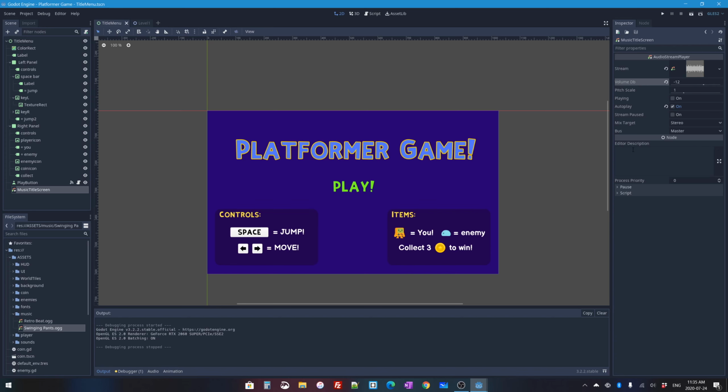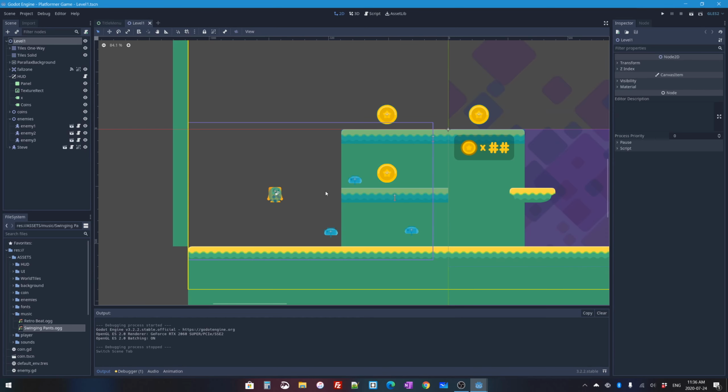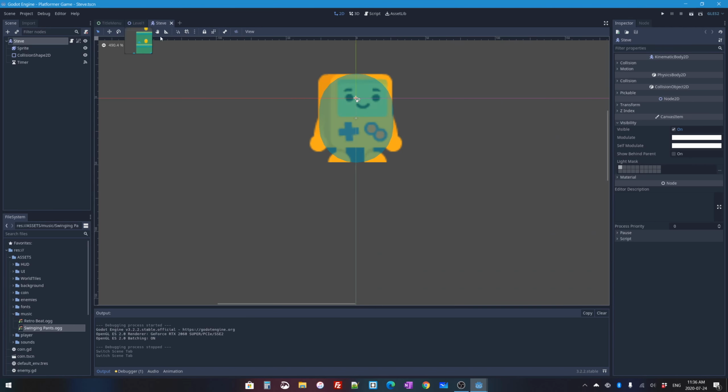So that's really how easy it starts off to be to add audio into your game. I'm going to switch now over to my level 1 where I have my player, and I'm going to make my player have a sound when they jump. Now, my character is a separate scene that I've created an instance of in this level. So I'm going to press this little scene button to jump in and open up the original Steve scene,